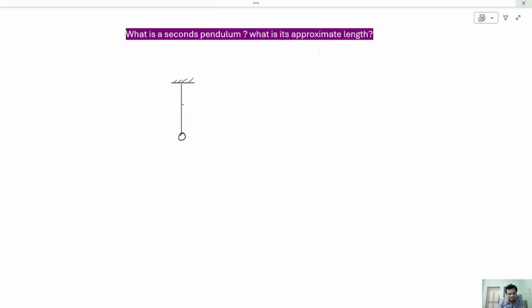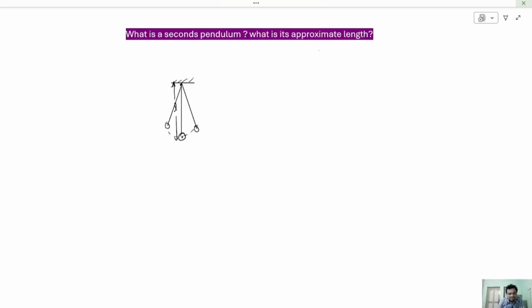Pendulum has a metallic bob. L be the length of the pendulum. Length should be measured from the point of suspension to the center of gravity of the sphere. As the pendulum bob oscillates to and fro